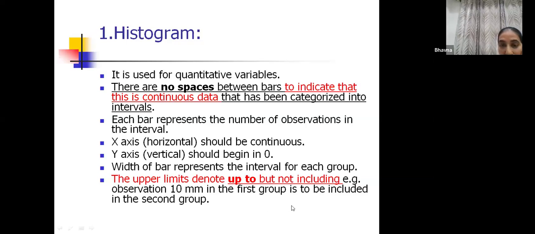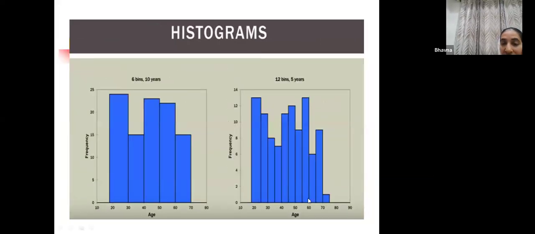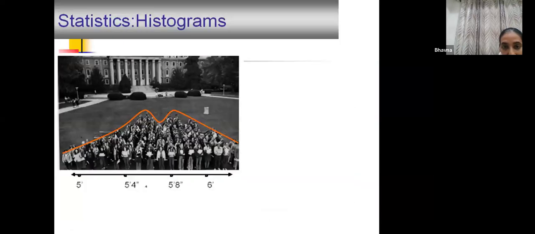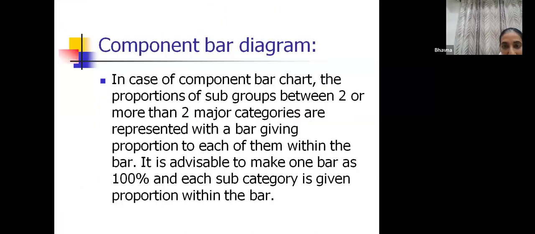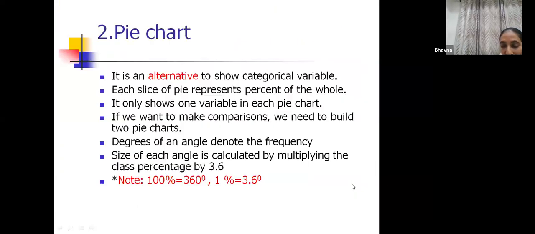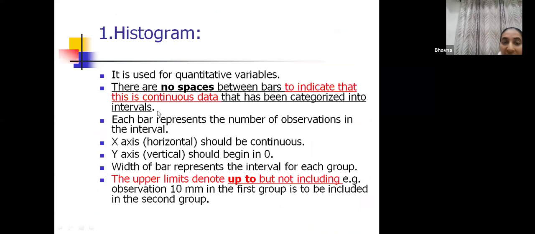Okay, I'll just show you a histogram and then you'll be able to appreciate what I'm saying. See, this is a histogram. There are no spaces between the bars, these vertical bars, right? They are stacked together. There is no space. Whereas in case of qualitative data, I'll just show you the diagram that we were talking about last time. In case of qualitative data, look at the space in between. This is a characteristic way of identifying what diagram you're talking about. This is a typical bar diagram, okay? That is a histogram. The histogram does not have any space between the bars, to indicate that this is continuous data.